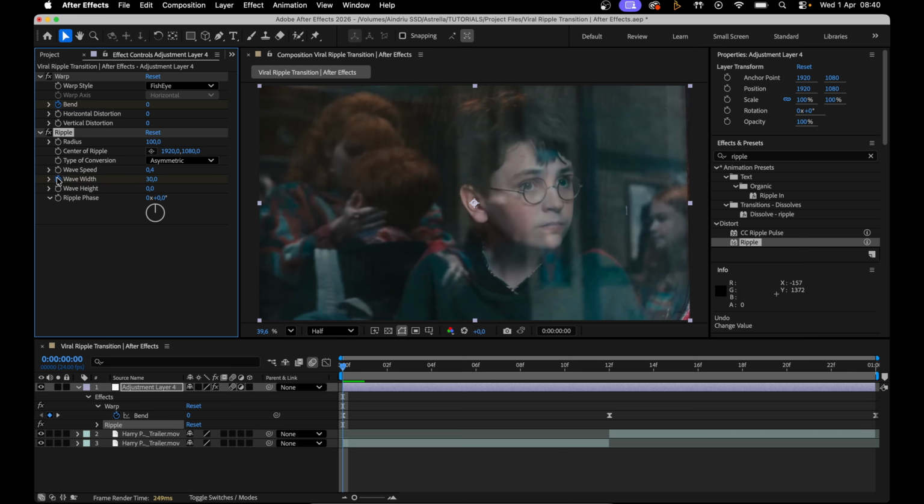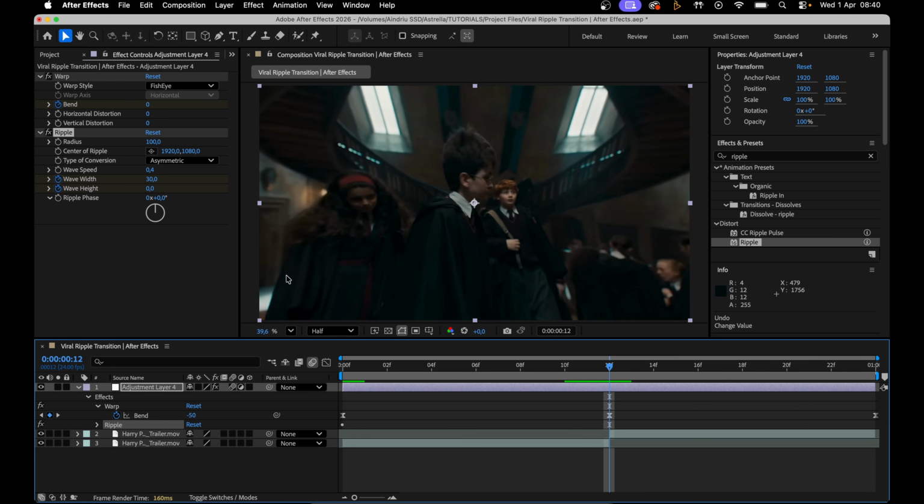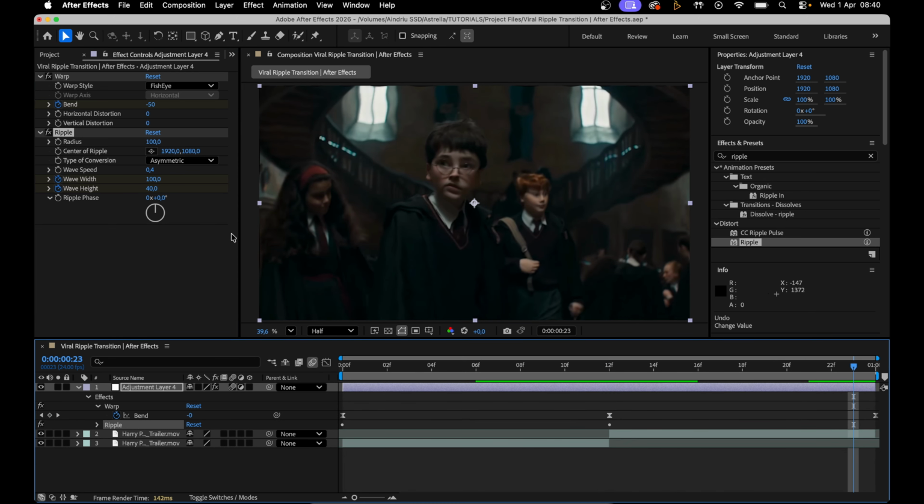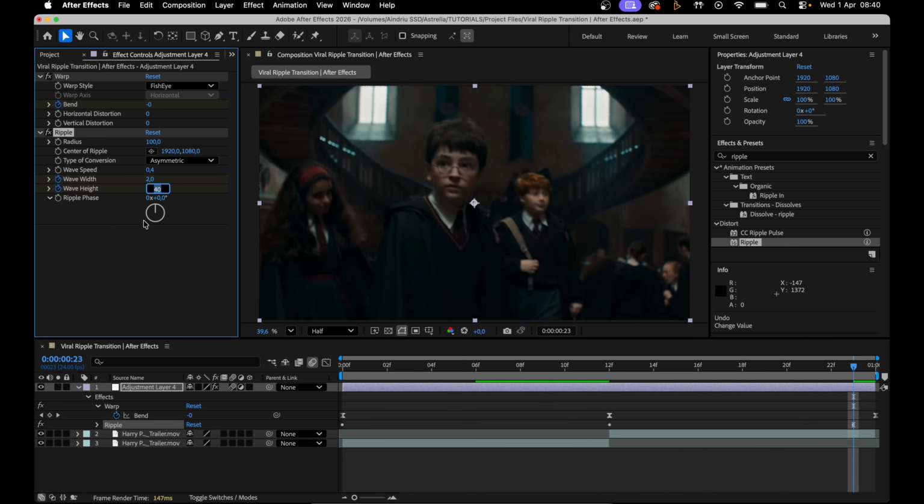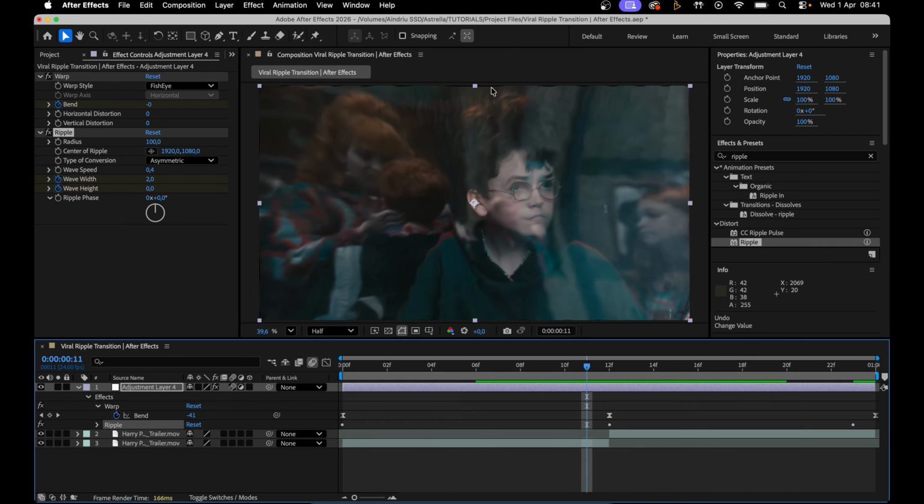Then keyframe the wave width and the wave height. Go to where the cut is. On frame 12 for me, change the width to 100 and the wave height to 40. Then go to the ending frame, wave width to 2 and the wave height to 0. And this way there's a tiny bit of bleeding, and you'll see now that we have some black edges, so